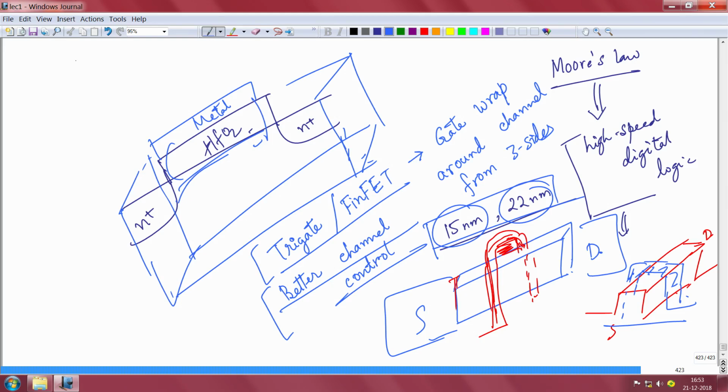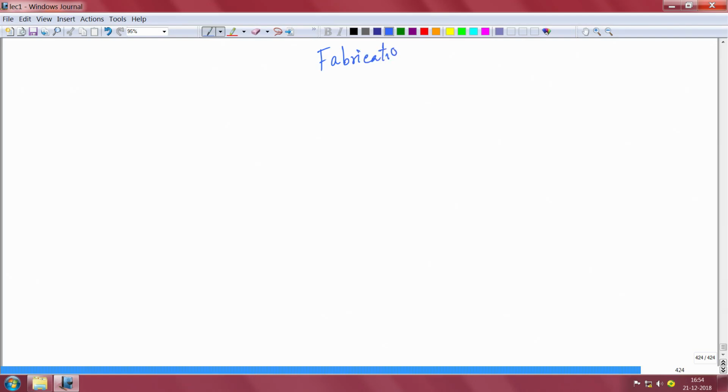Now what remains is that I will spend the rest of the time in this course, maybe a few lectures more, partly going through quickly the practical aspects of fabrication. We should be aware of them, because it is not important only that we understand the devices and the physics of semiconductors. We should be familiar with the real aspects of device fabrication, so that whenever we design a new device or talk about device engineering, we also know the limitations of the fabrication processes, because in reality you have to fabricate a device, right.